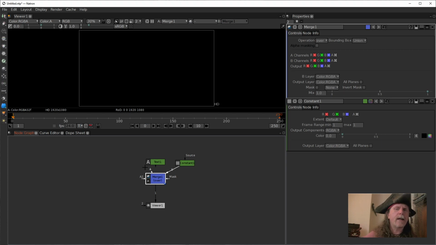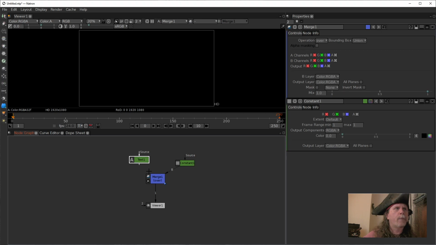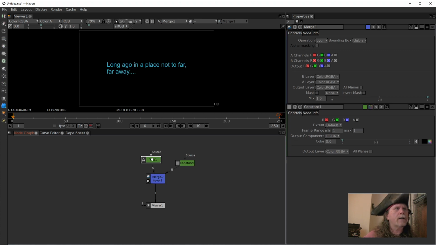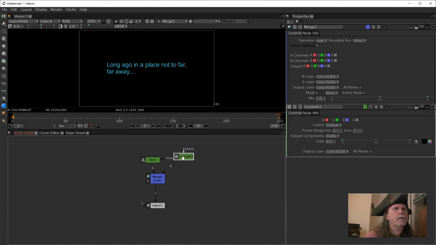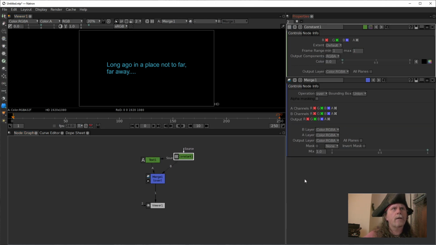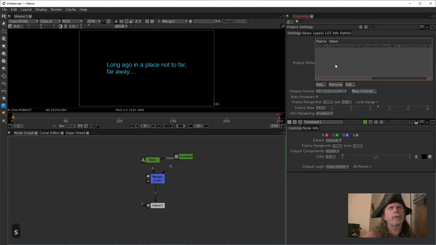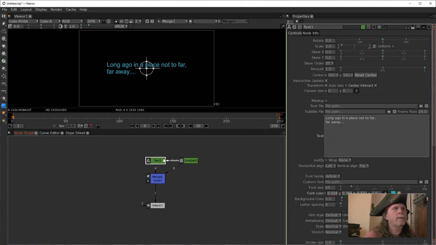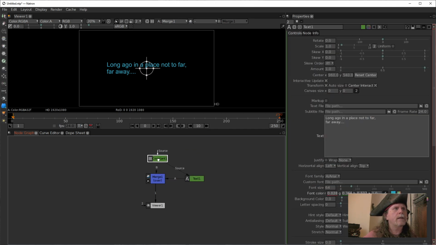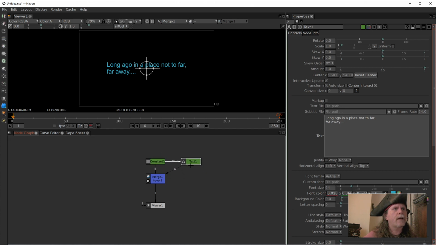So we're going to be dictating, using our constant to dictate it, which means it needs to be on the B input. And that means our text goes into A, and that our text source should be the constant as well. And we'll hit S to double check our project. Our project is 1920 by 1080. We're going to have the text be set using that. It's all set. We need to now,